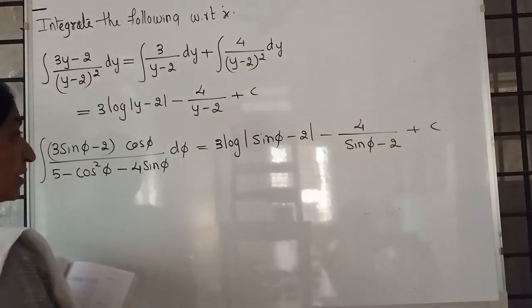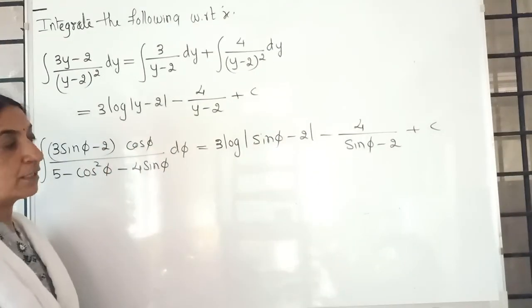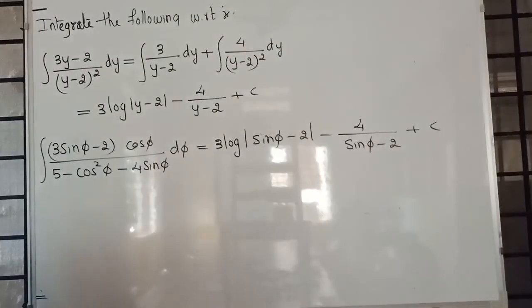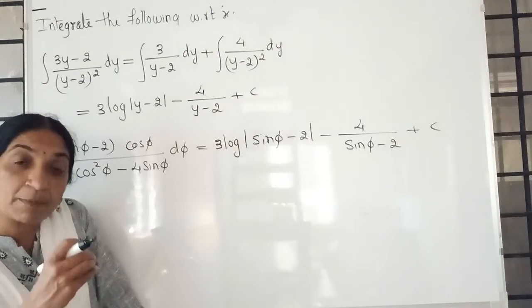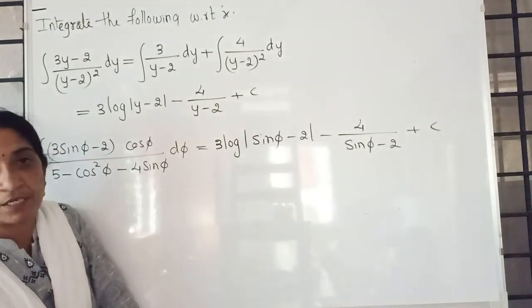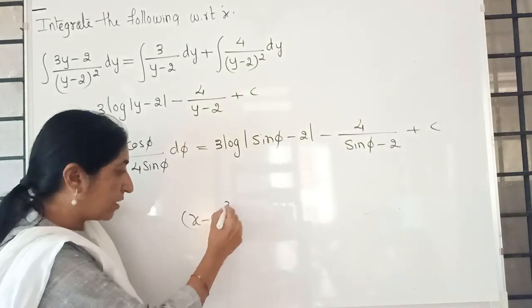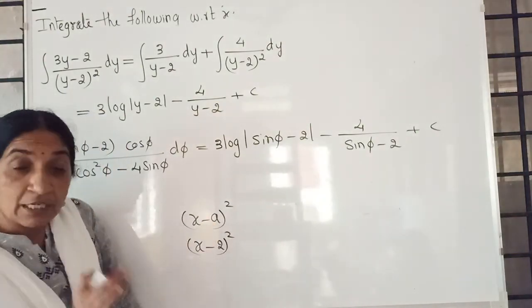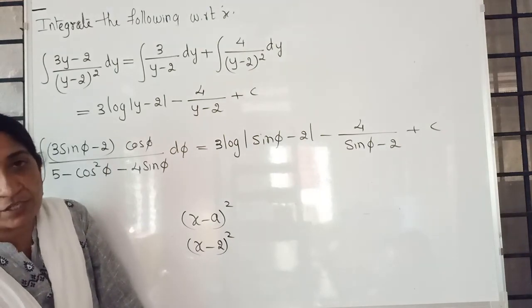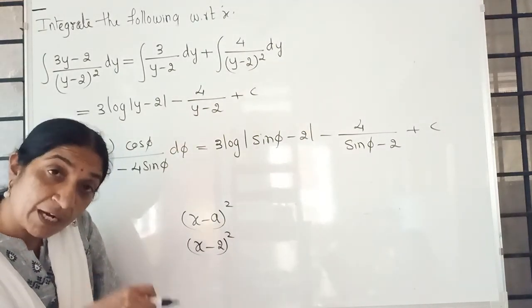See, the sum is very simple. If you want, you can take minus inside the bracket. Otherwise, keep it as this. So, this is how we solve integration by partial fraction if a repeated linear factor is present in the denominator. Linear repeated means, for example, x minus a whole square or x minus 2 whole square, like that. In the next class, I will give the next method in partial fractions only.